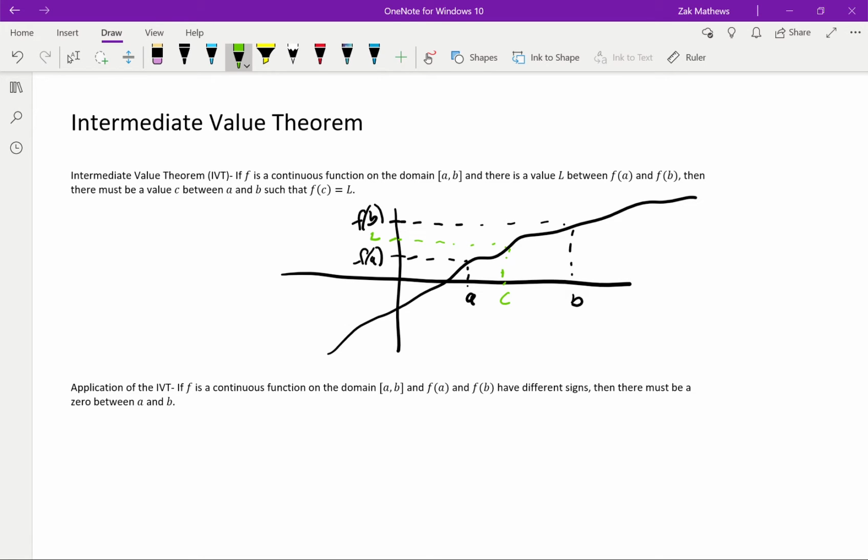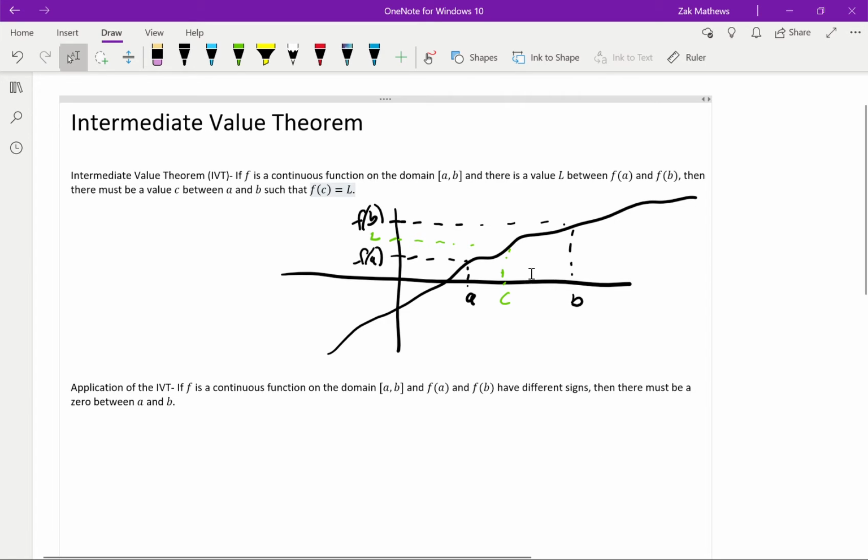Obviously, this would not be true if the function wasn't connected. I think we could just have a big hole right here, meaning we never actually get to that number, or we get to it in kind of a choppy way. So we do have to know this is a continuous function. So it doesn't matter if I draw this thing increasing, decreasing, which quadrant I draw this in, the picture will always kind of be the same, where if I know that there is that L value stuck between the f of a and f of b, there has to be an x that gets me to that L if we have